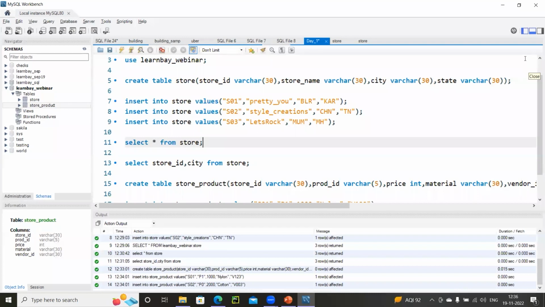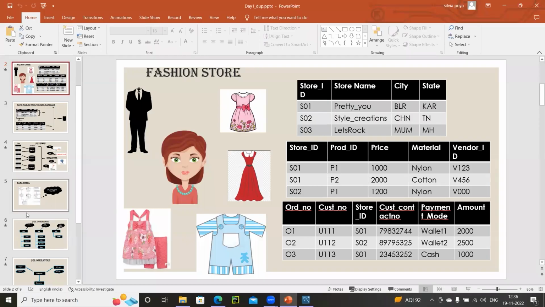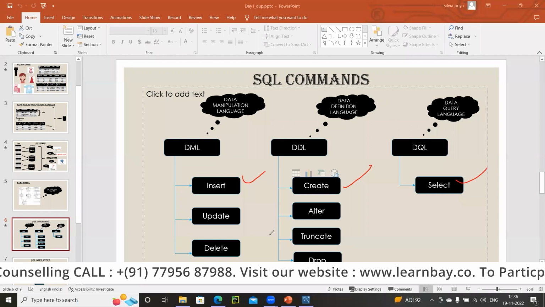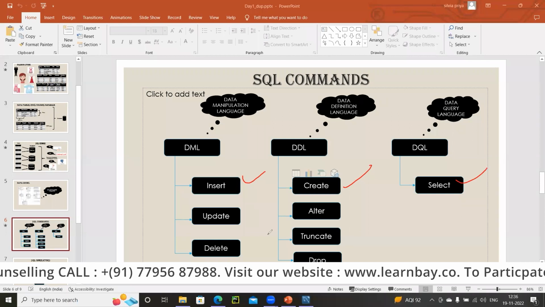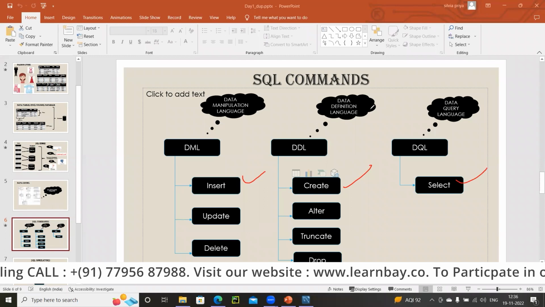Great. Fine. So now we have inserted records inside the table. We have created, of course, first, and then we have inserted. Now, can we alter the table now? Can we make some changes to the structure of a table? Because right now I'm done with my create command, insert command, and my select command. Now the next step is I have a thing to alter. So let's see how we can alter.